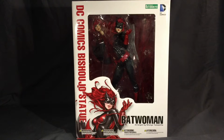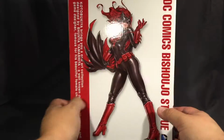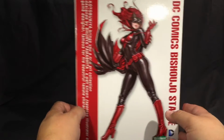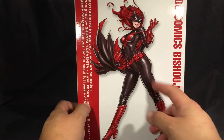Kitties, time for another review. This time we've got Batwoman from DC, and this is a kind of a larger box that she comes in. I'm guessing her cape takes up a little bit of room, but there's her illustration there, and good grief, that's quite a hip, and I would imagine,